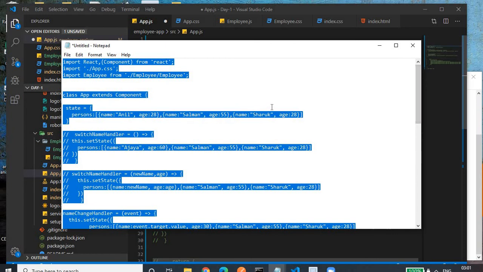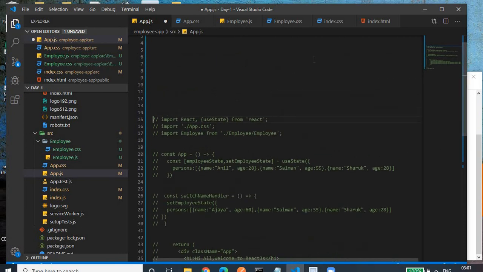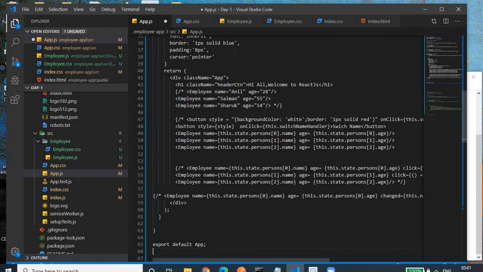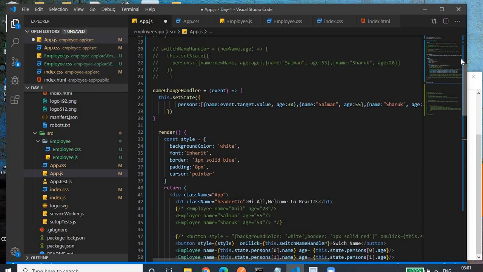So we should stick to that. You can use anything of your choice, that does not matter, but we usually prefer this traditional way because it's a stable one. We'll go back to our component based structure.